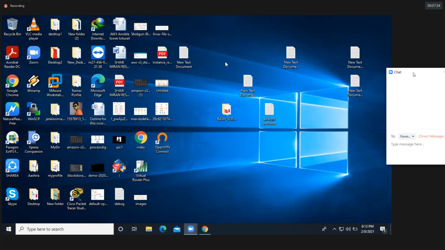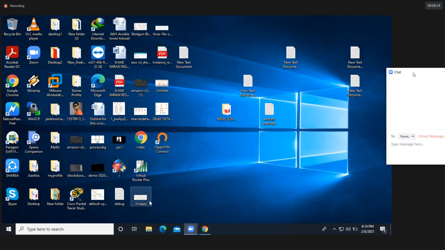Generally in Windows, how are you going to edit the files, guys? I hope you know Windows very well. We have text files, so we need to edit the text files. What type of editor do we use in Windows? Text, very good. Notepad is there by default. While you are installing the operating system, it comes along with Notepad.